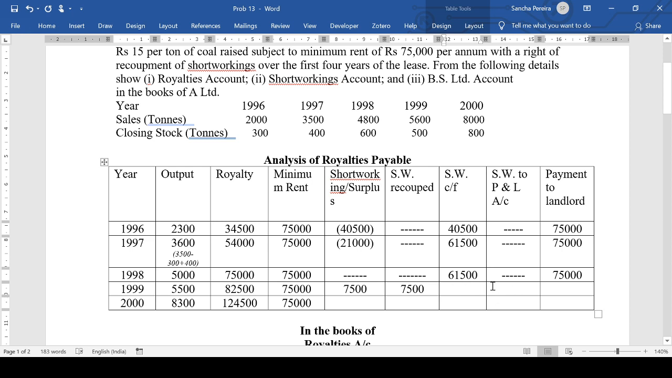Transfer it. Why transfer it? Because this is the last year. I cannot carry it forward. Even if I know I'm getting a huge surplus here, I cannot carry it forward because it says only first 4 years. So carried forward is nil. How much is going to be transferred? 61,500 minus 7,500 is 54,000, I think. Check. And payment to landlord will be